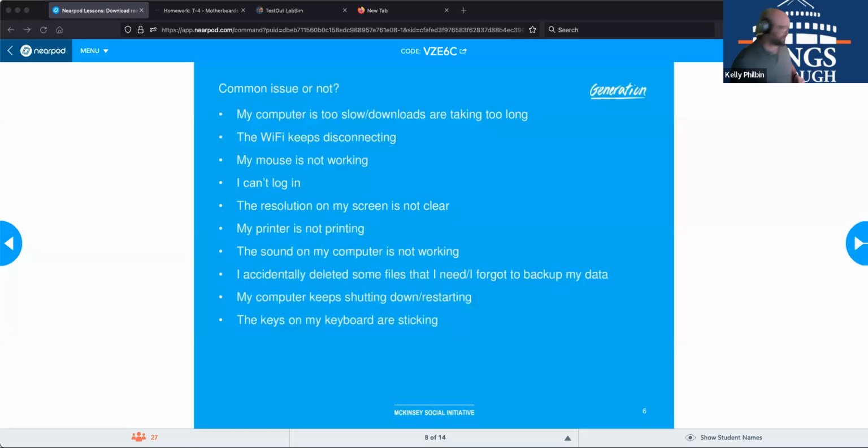So, all right. The resolution on my screen is not clear. Is this a common one? Seeing more no's pop up for this one. So yeah, typically people aren't messing with the resolution on their screen, so it is very seldom you will get this issue. Now, there have been cases where the color scheme on my monitor is not correct, because I believe